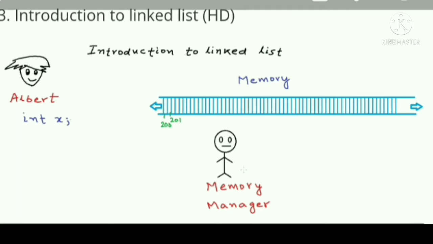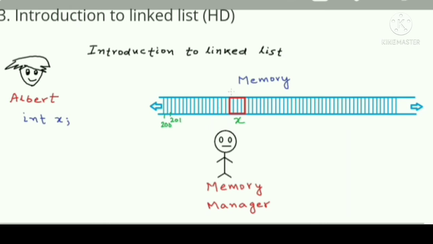The memory manager sees this declaration and he says that okay, you need to store an integer variable, so I need to give you 4 bytes of memory because integer variable is stored in 4 bytes in a typical architecture. And let us say in this architecture it is stored in 4 bytes. So the memory manager looks for 4 bytes of free space in the memory and assigns it or allocates it for variable x. Address of a block of memory is the address of the first byte in the memory.